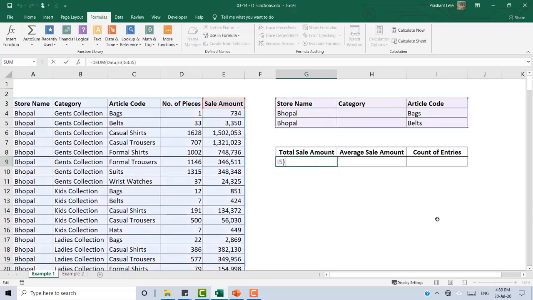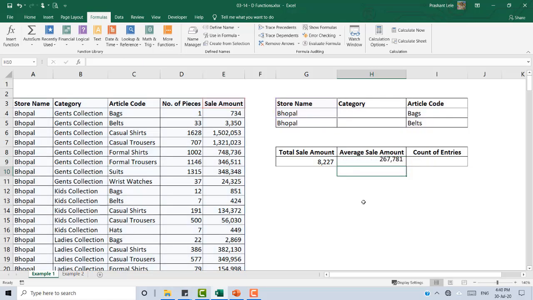So this is DSUM. Now I can copy this sideways, and I can just change this to here, and instead of DSUM I can take DAVERAGE. So this is my DAVERAGE. To calculate the average I will just take the Bhopal store only, so that it will give me the average sale of Bhopal, so the average of all the rows.